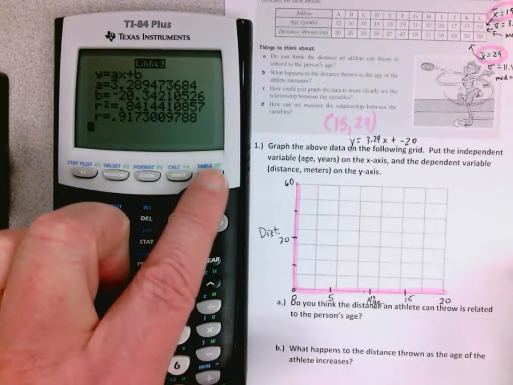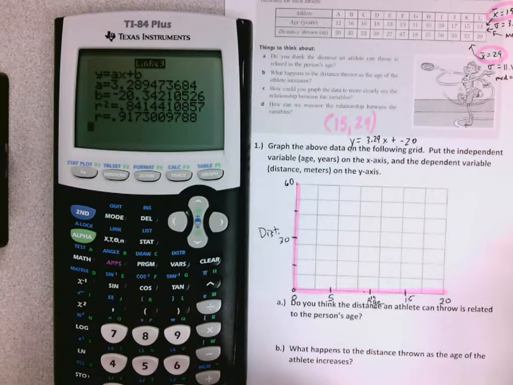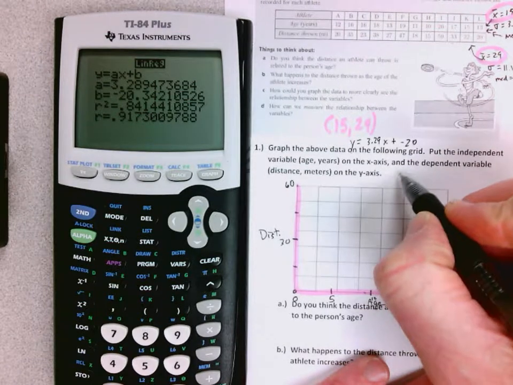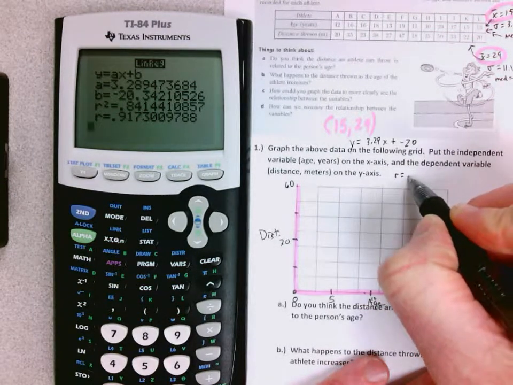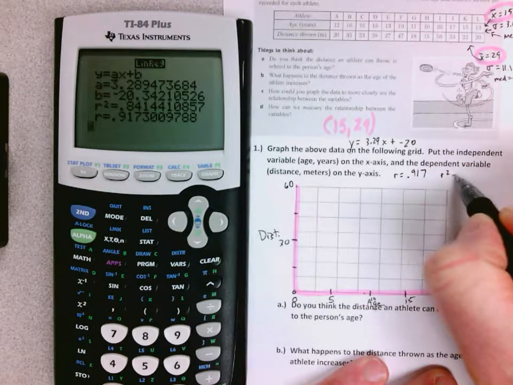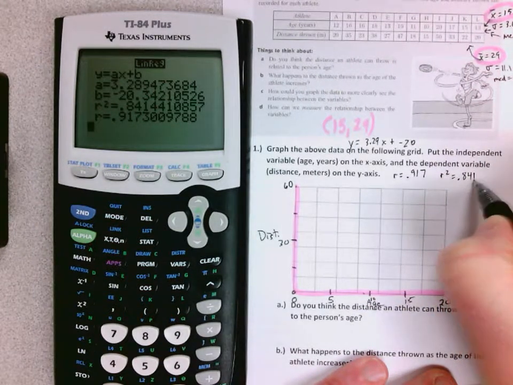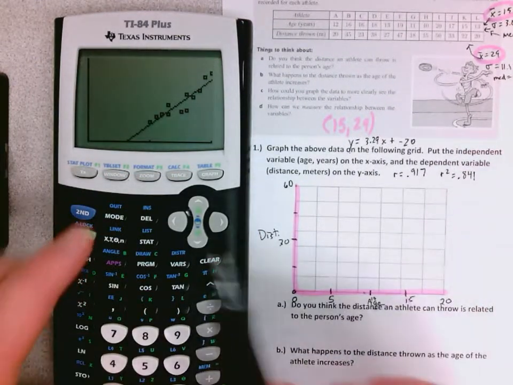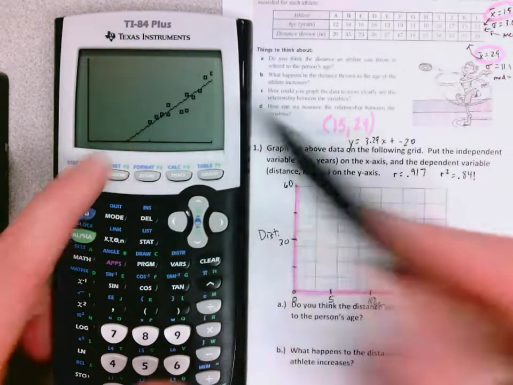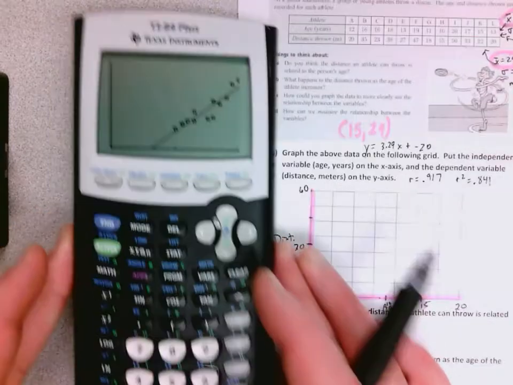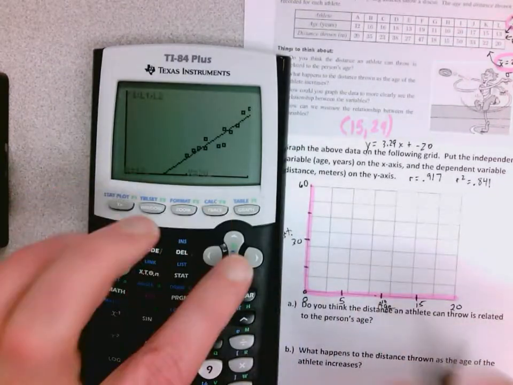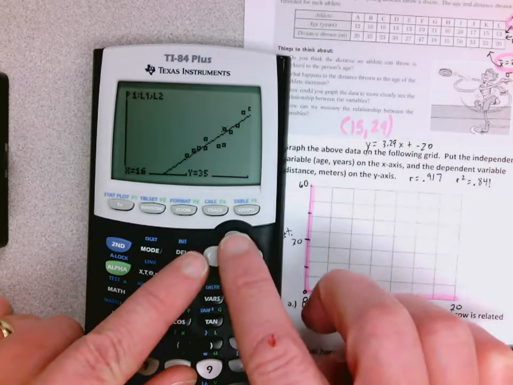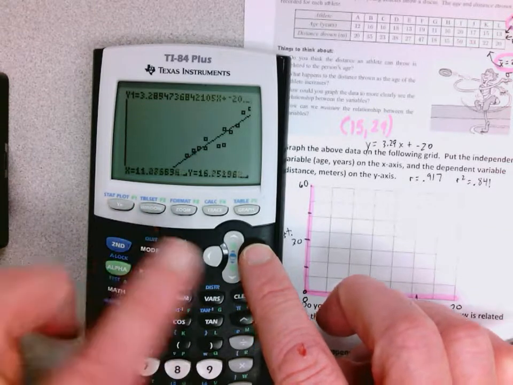If I go to graph, I either have to put that in my calculator, or I already pasted it if you didn't paste it. So I also want to make a note of r equals 0.917, and r squared is 0.841. Okay, so now when I look at the graph, it's a pretty strong correlation because the data values are right around here. And again, I'm going to show you, if you push trace, it's going to hop around the different points, and then if you push up arrow, it goes to the line and it follows the line,